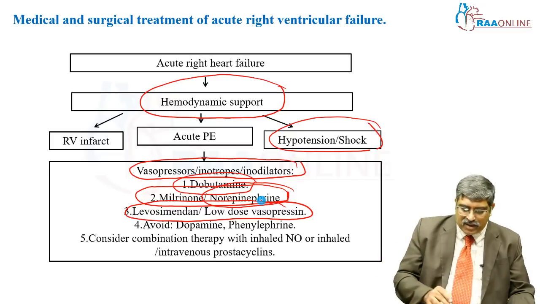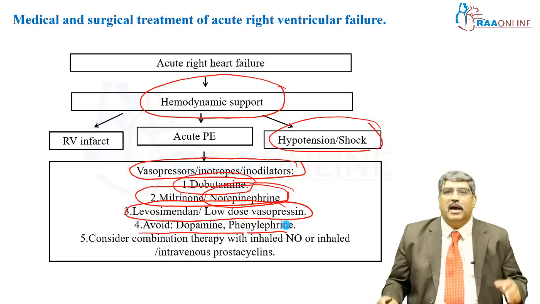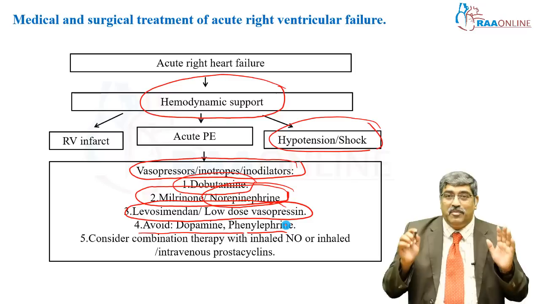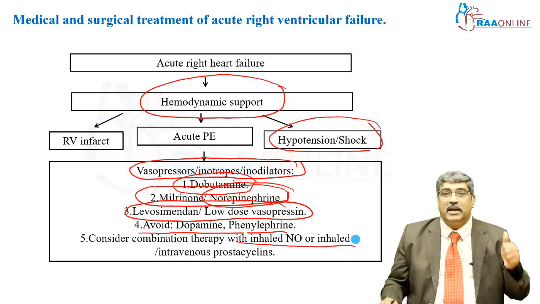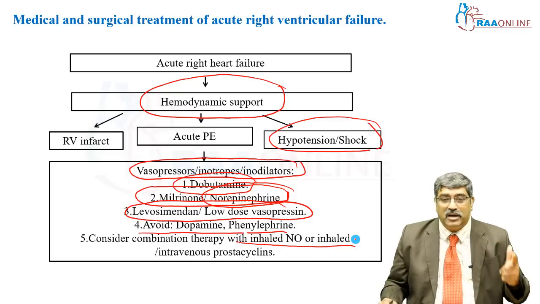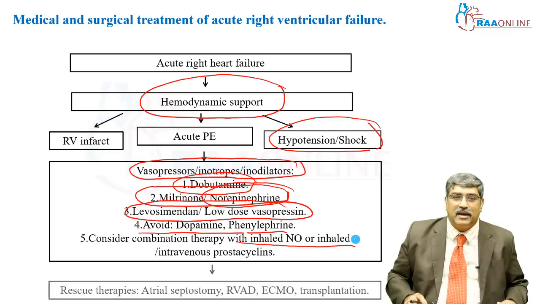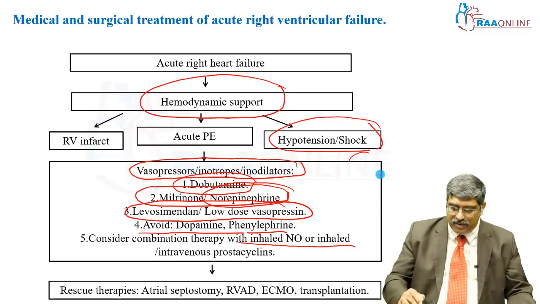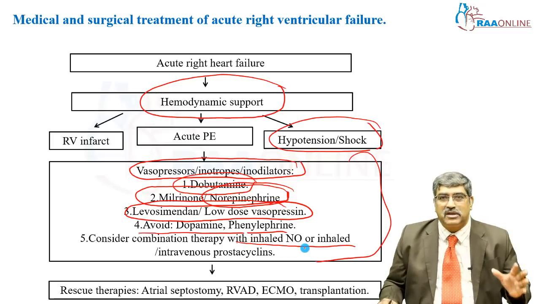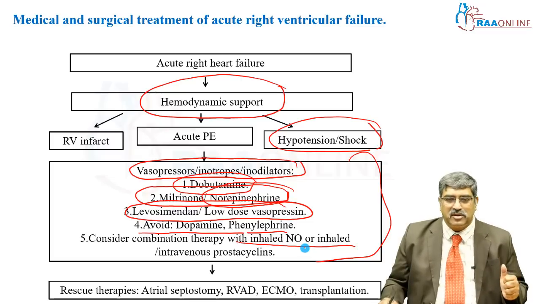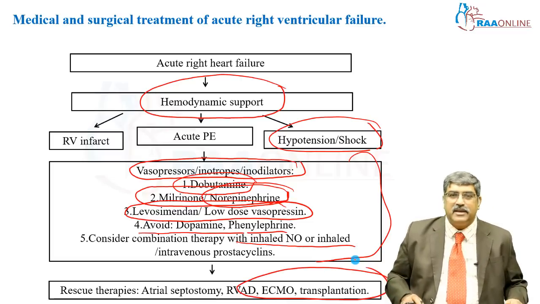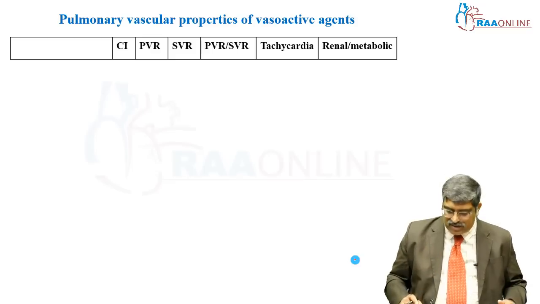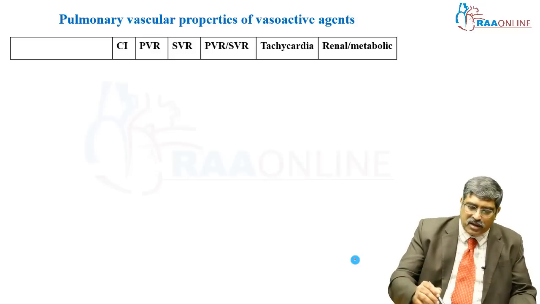The most important thing is you have to avoid dopamine and phenylephrine. In case of raised pulmonary vascular resistance, you have to go with a pulmonary vasodilator, inhaled nitric oxide or inhaled or intravenous prostacyclin. If this pharmacological therapy doesn't work, you have to go for rescue strategies like atrial septostomy, RVAD or ECMO, finally transplantation. And when you use the pharmacological agent, the most important thing is you have to look